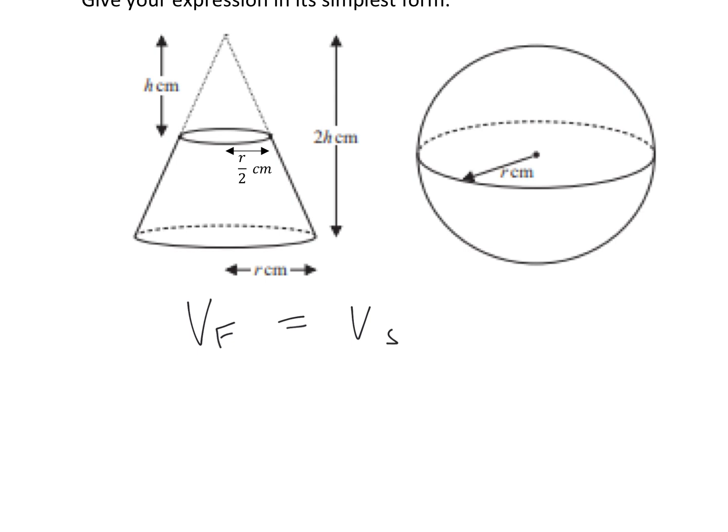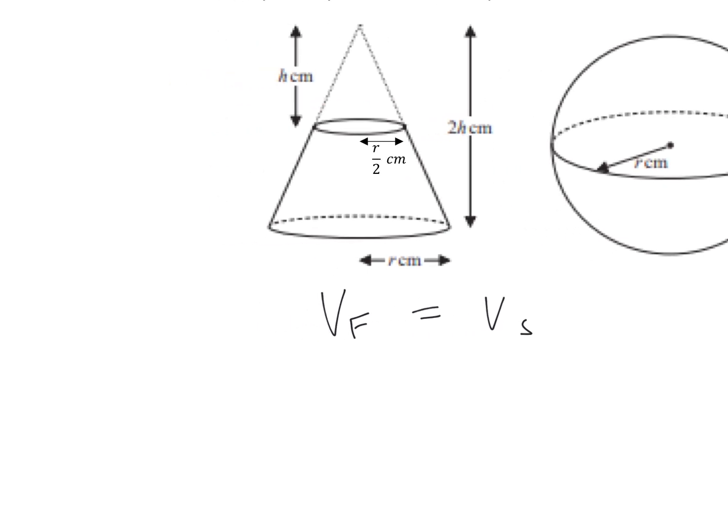So for a frustum, we say that it's the volume of the big cone minus the volume of the small cone. Let's work that out. Volume is a third pi times the radius squared, which is just r for the big cone, times the height, which is 2h,